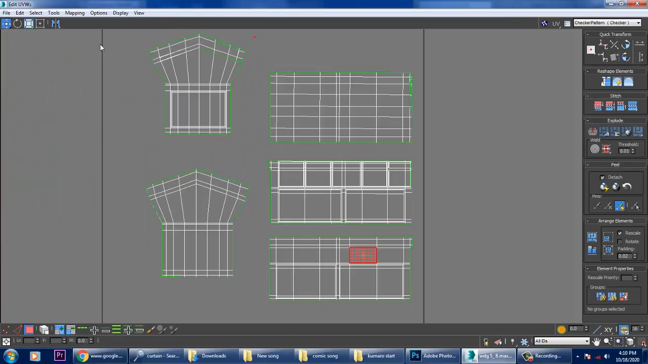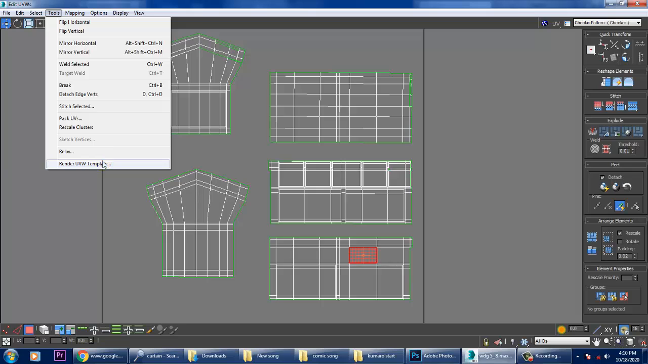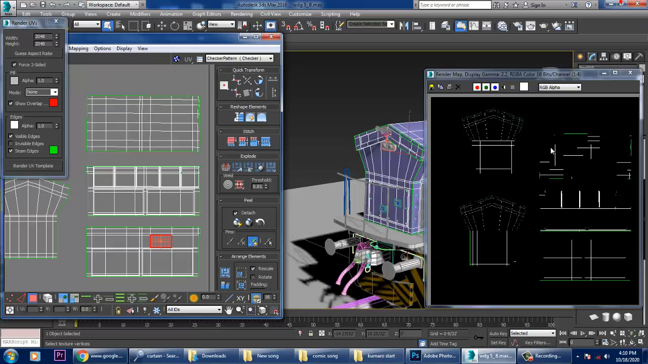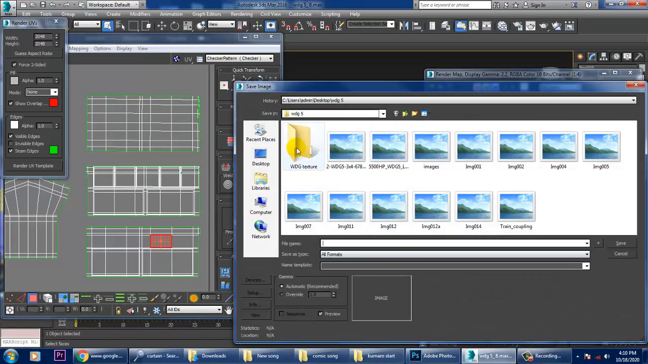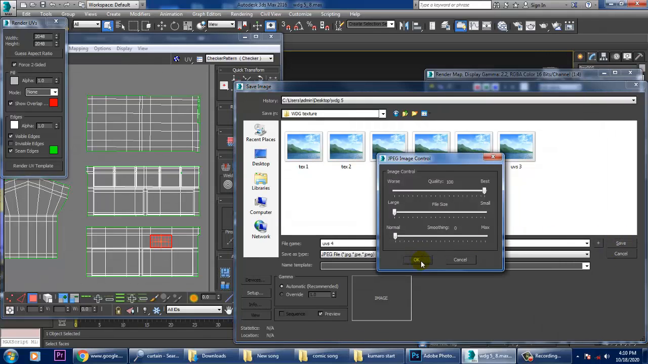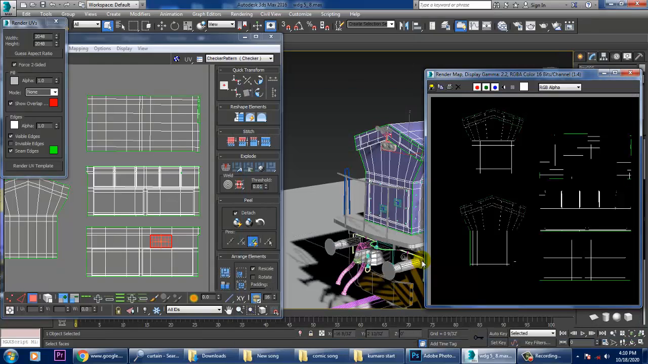So let's go into tools, and render UV template. We'll set it as 2048 by 2048. Render UV template, save it, WDG texture, UVS 4, and save it in JPG and click OK. So once you're done,